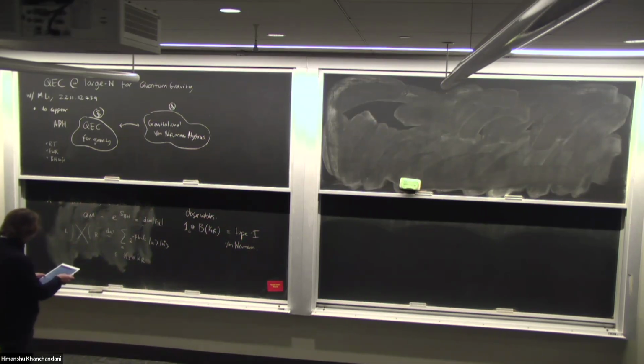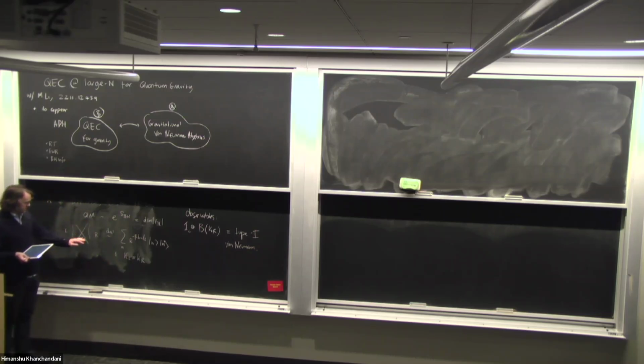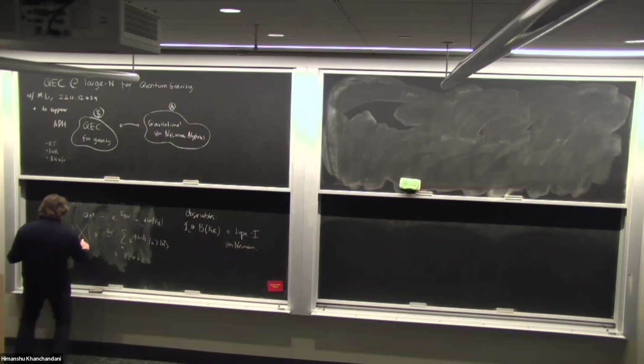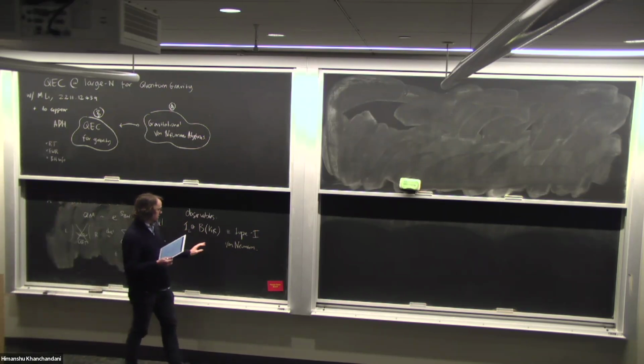Okay? However, this is kind of incompatible with what we expect for physics near the horizon. For physics near the horizon, we expect quantum field theory to be a good approximation in some limit. And quantum field theory has all of its states with a large amount of entanglement on all scales. Right? So if I keep zooming in, I still have entanglement. And that means that you can provably show that it's no longer described by a quantum mechanical